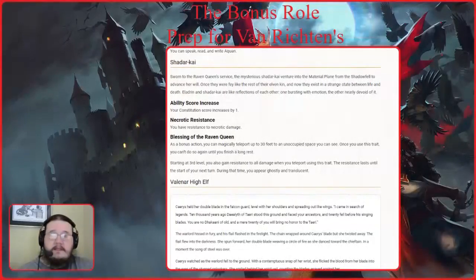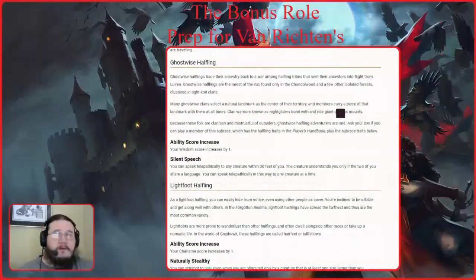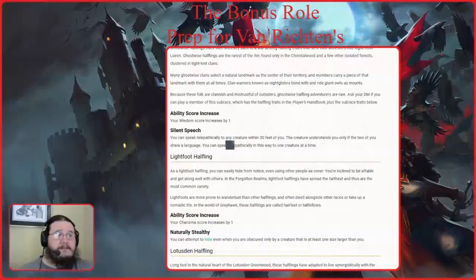Okay. So that's all the elves I really have to recommend. Then we're going on to the halfling. A lot of people don't know about the Ghostwise halfling. It was in the Sword Coast Adventurers guide, I believe. I recommend this one wholly just because of silent speech and the fact that all halflings are by their very nature resistant to fear. So you have a communication method that cannot be spied on or listened in on, which